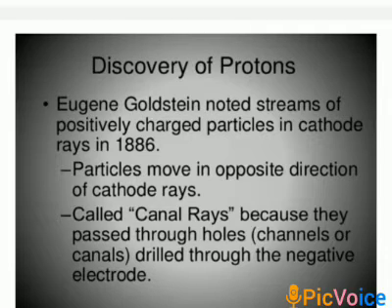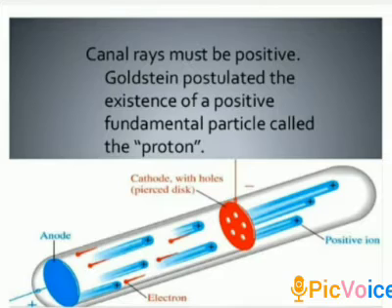When Goldstein passed electricity at high voltage through a gas at very low pressure taken in a discharge tube, streams of heavy particles were given out by the anode. Anode means positive electrode. And these streams of particles are called anode rays. Anode rays consist of positively charged particles. The mass and charge of the anode ray particles depend on the nature of gas taken in the discharge tube.